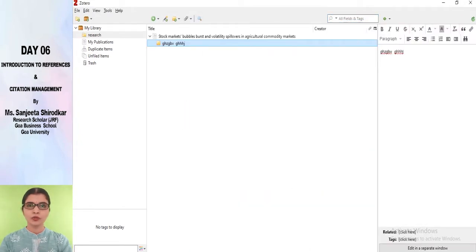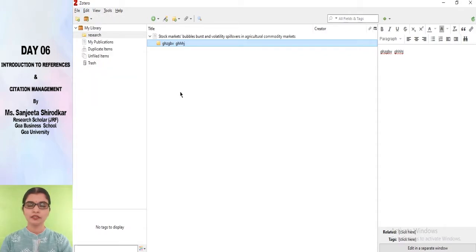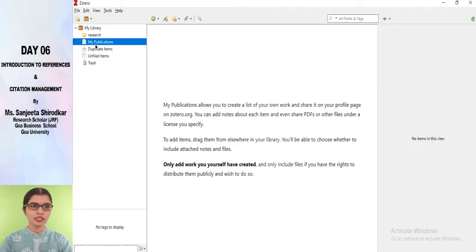So now, having downloaded the setup of Zotero and also created the account by going into the Edit and Preferences option, let's get familiar with the basic interface of Zotero. This interface is quite similar to Mendeley, wherein you would see that three parts are there. The first part is the navigation pane, that is My Research, My Publications, Duplicate Items and things like that.